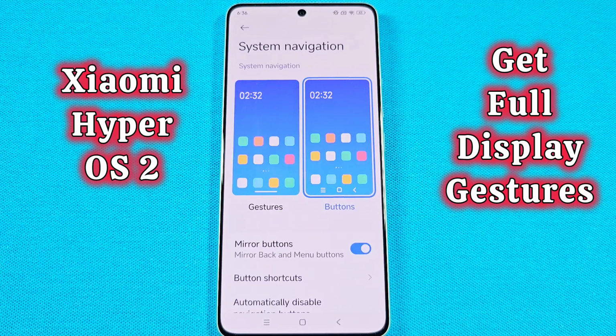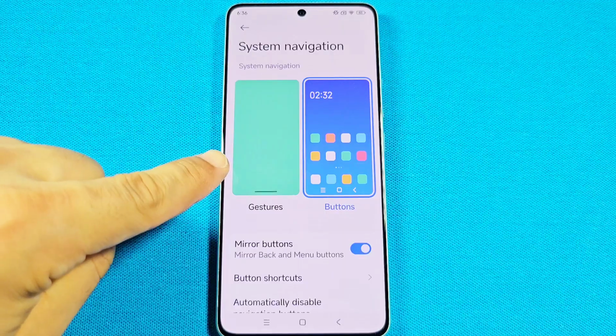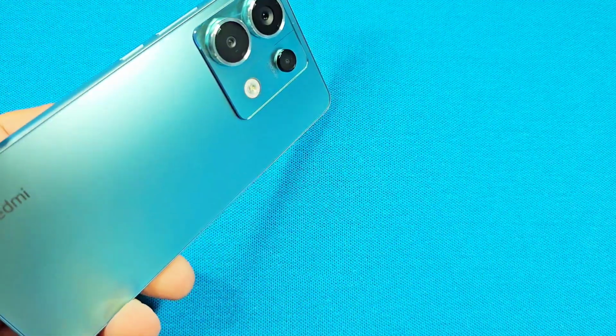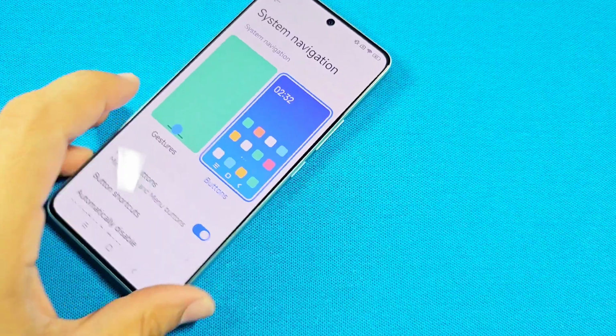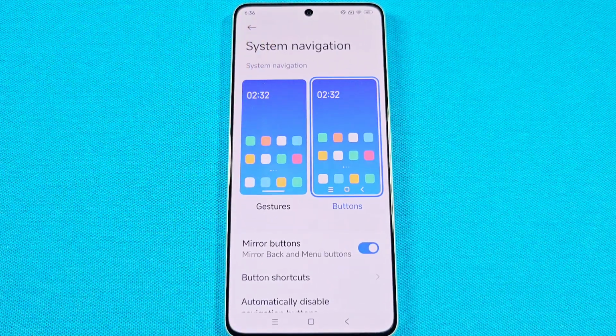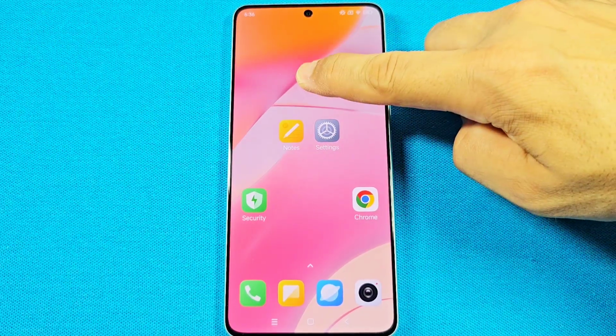How to change your system navigation mode, whether it's using the buttons or the full display swipe gestures. This is a Xiaomi Redmi Note 13 Pro phone with HyperOS 2. And of course, if you have the Note 14 phone with HyperOS 2, here is where you can go to find these settings. The fastest way to these settings is by long pressing a blank area on your home screen